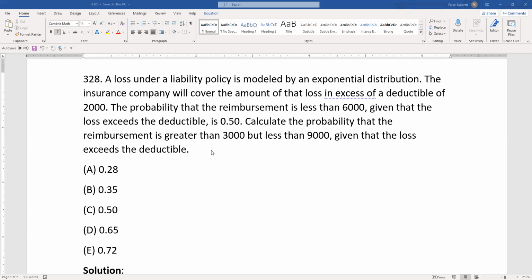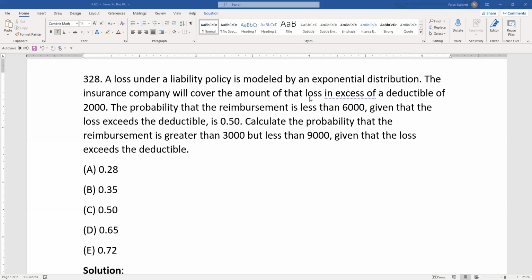So a very important variable here is reimbursement given that the loss exceeds deductible, because that appears in what they are asking and that also appears in the given condition. Reimbursement is less than 6,000 given loss exceeds deductible. So now the good news is that exponential distribution is memoryless, and therefore